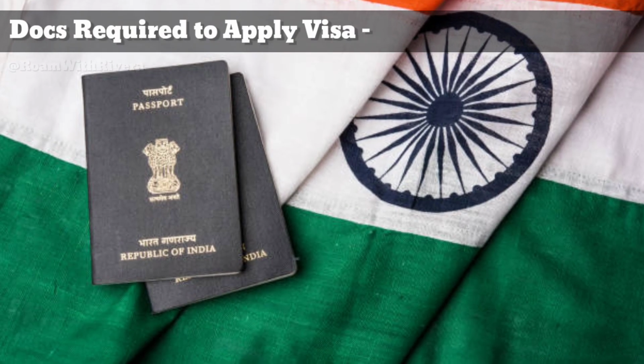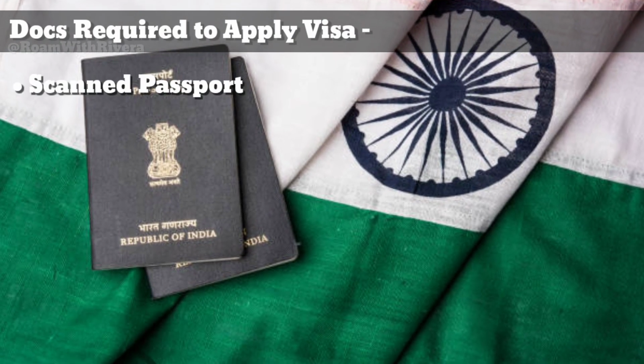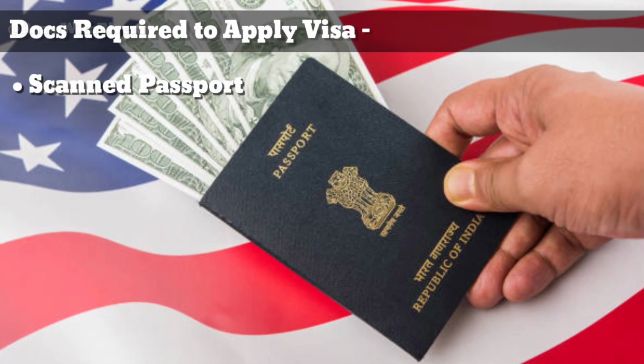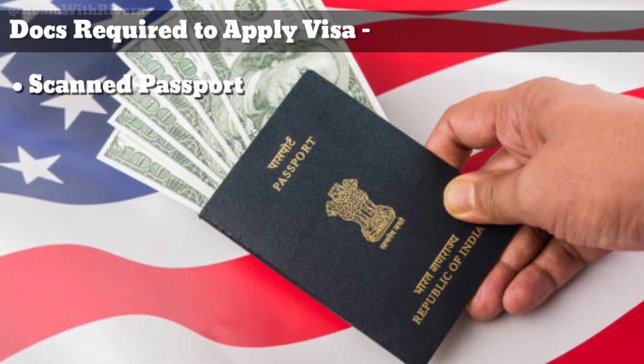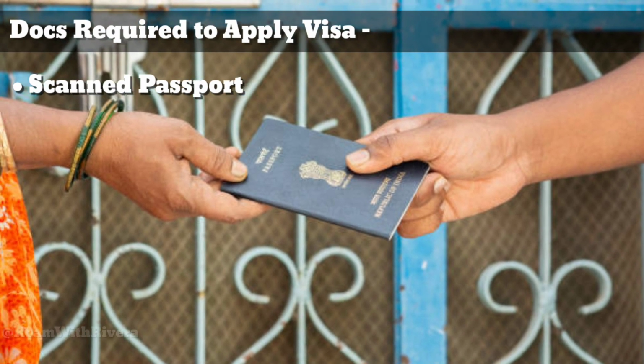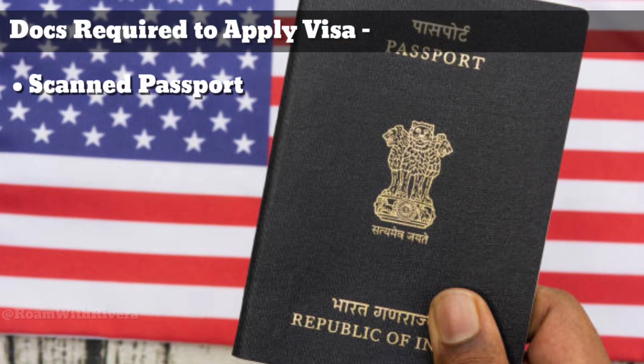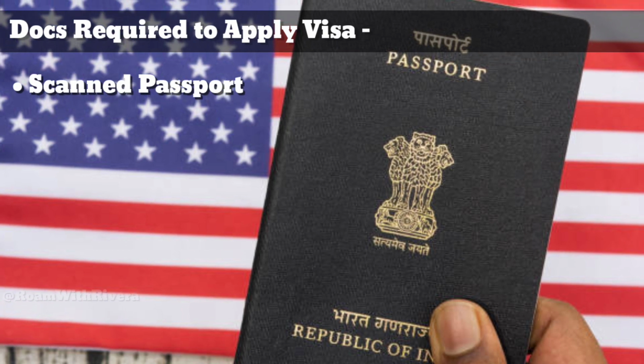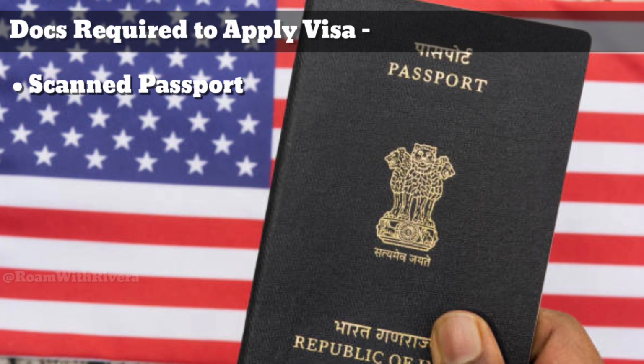Before applying for the visa, you need four things. First is your copy of scanned passport with at least two empty pages, and your passport must be valid for 6 months beyond your intended days of stay. Like if you are going to stay in Cambodia for 15 days, then passport must be valid for 6 months and 15 days. And if you are going to stay there for 30 days, then the passport must be valid for 6 months and 30 days.